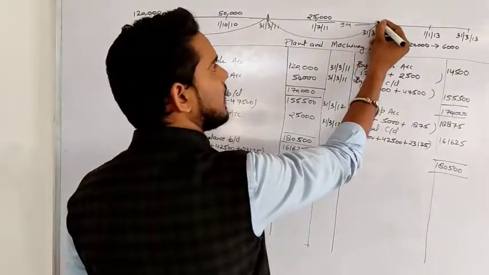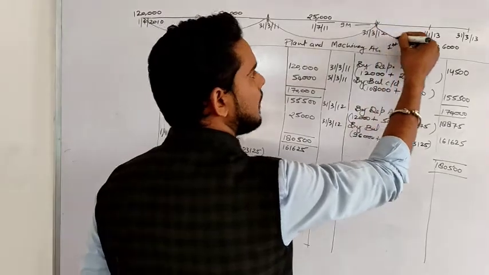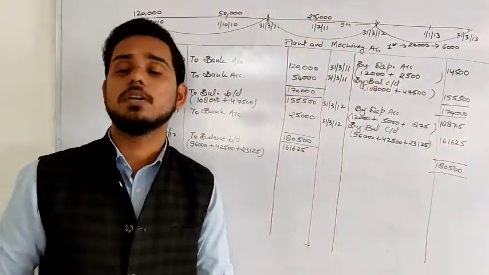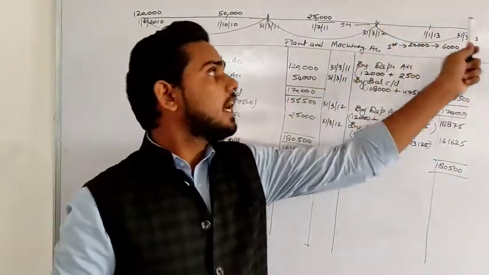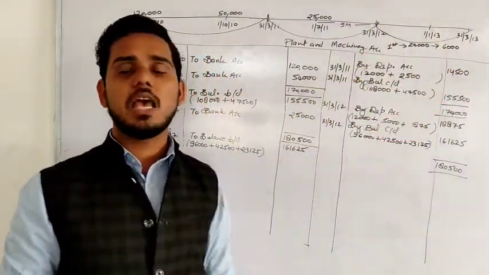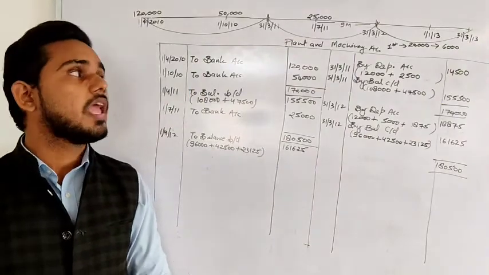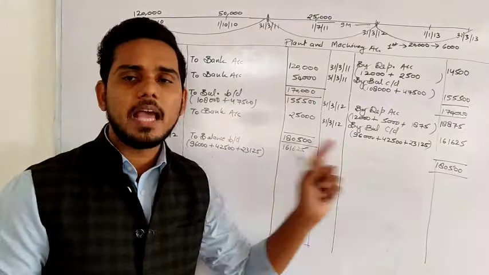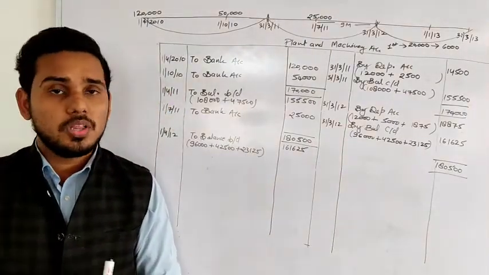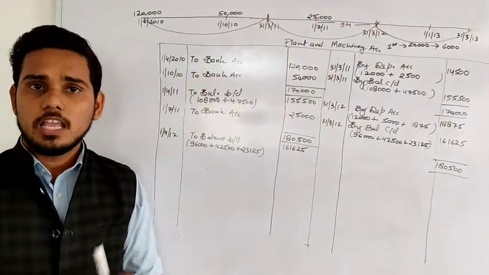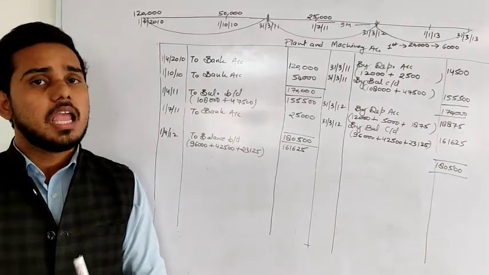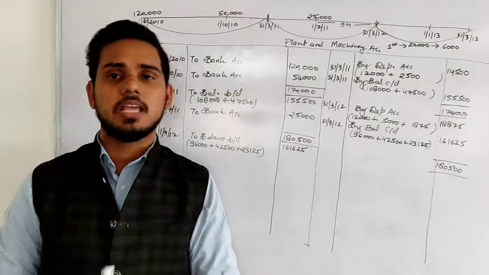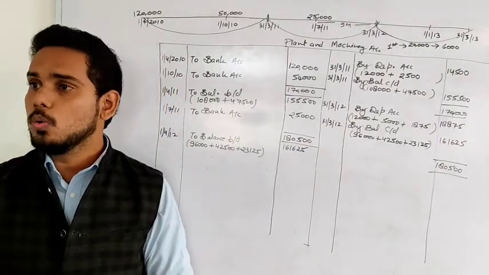Now we are standing at this point, 1st April 2012, and if you see from 1st April 2012 to 31st March 2013, there is only one transaction, that is happening on 1st January 13, and that is a sale. In case of sale, we will write "by". But what I told you in the previous class is that if you are selling any asset during the year, means in between the year, in that case what you will do?